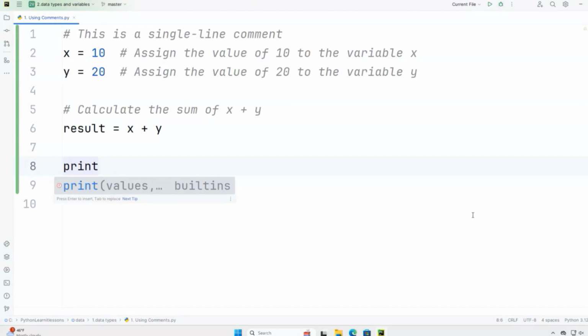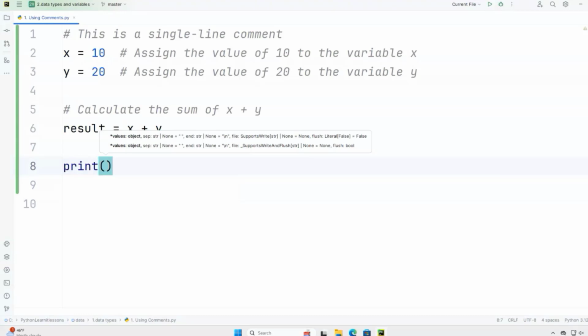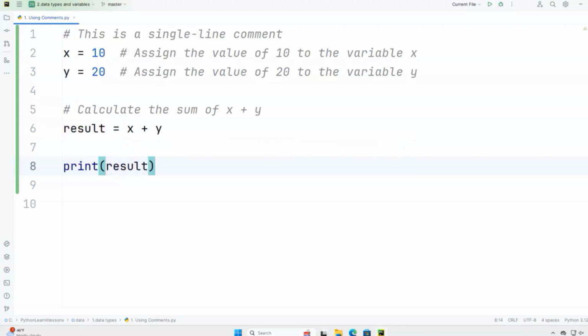As you can see, we've got a tip here that we need braces for the print function. So let's add them, and PyCharm adds both brackets automatically. Now we need to insert what we want to print out as a result. So we'll specify the result variable. Now we can run this first